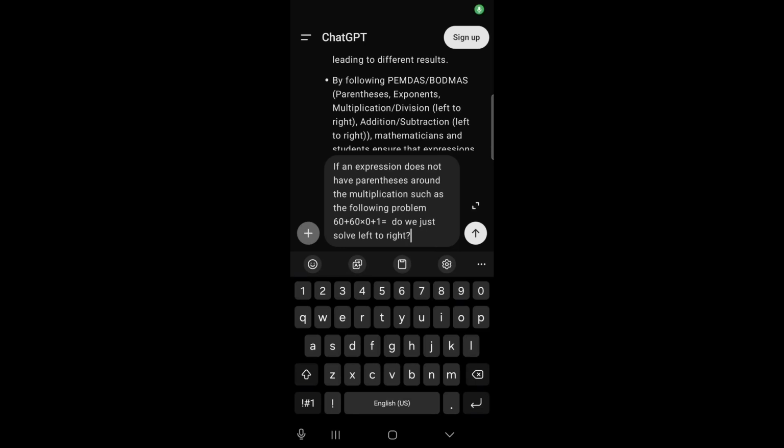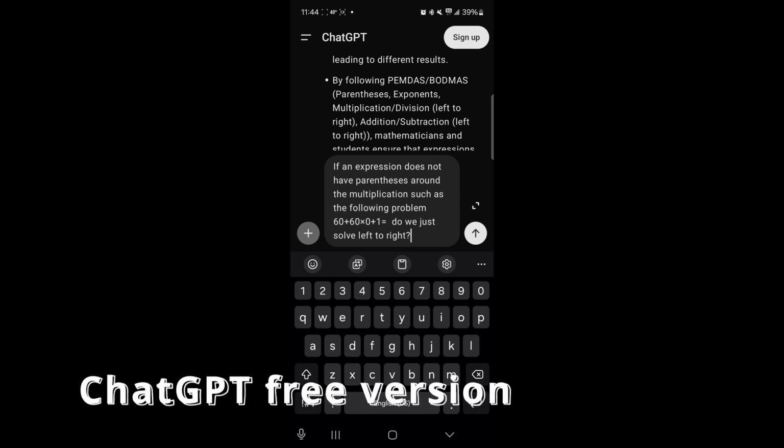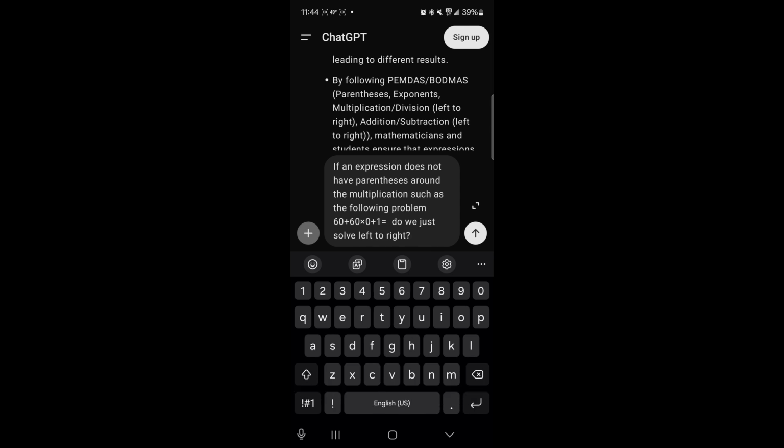Everybody, and welcome back to another little discussion on a math problem. We're playing around with ChatGPT once more. I've been having a lot of fun doing this, asking some questions, some common things that come up on a lot of online discussions. And one of the ones that comes up a lot, especially when I'm looking at order